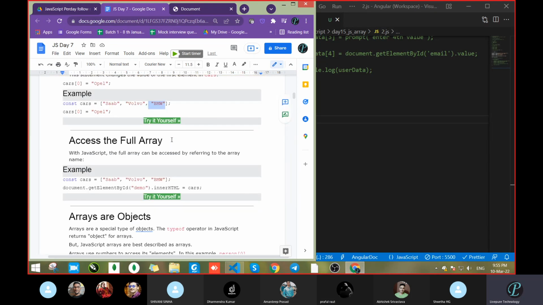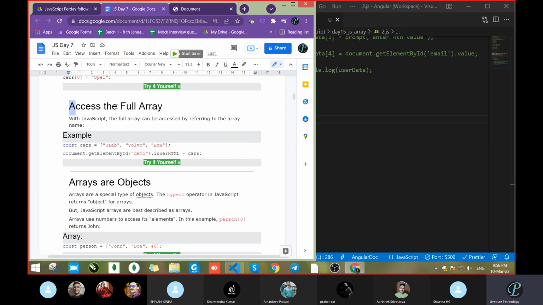Car name dot length minus 1. Not car length name, it is the array name dot length minus 1. Now this is a car array. Tomorrow this will be bus. You will tell me how to access bus data. That is the variable array name. So this way we can access the data.